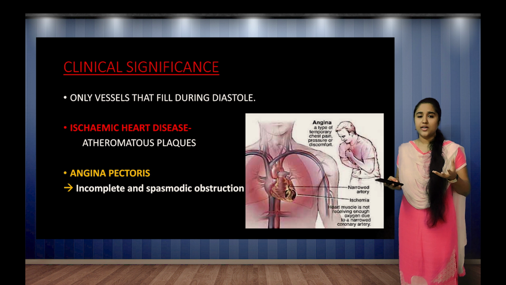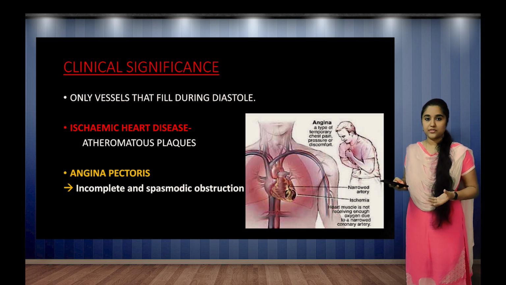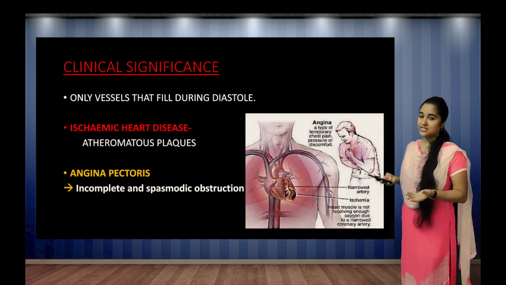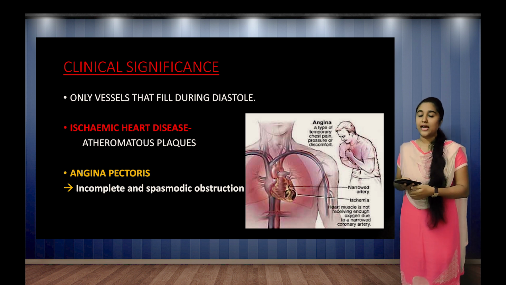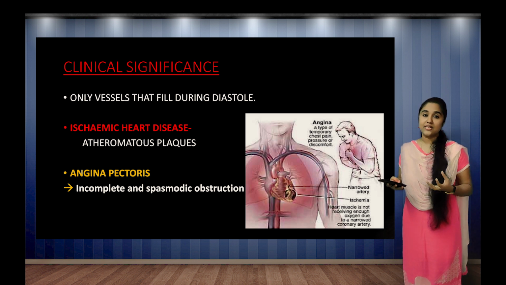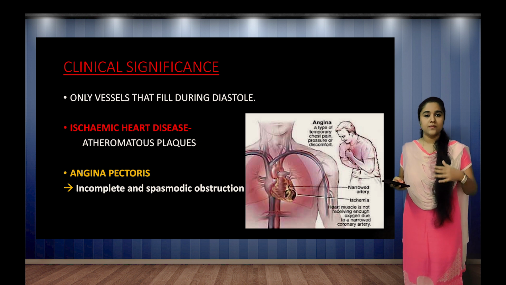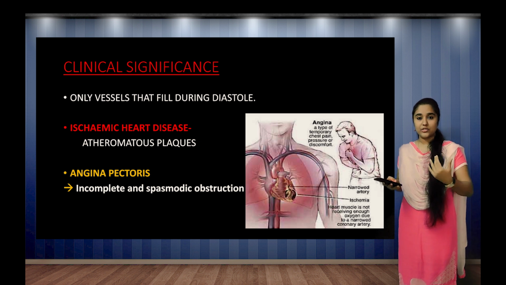Now, you might have heard about the term ischemic heart disease. In almost all the developed countries, the most common cause of death is ischemic heart disease. Why is it so? You might have heard about the atheromatous plaques. Atheromatous plaques means plaque formation occurs. Any crack or ulcer in the plaque, through which the platelets get deposited and a thrombus forms. This can be gradual or sudden, incomplete or complete.